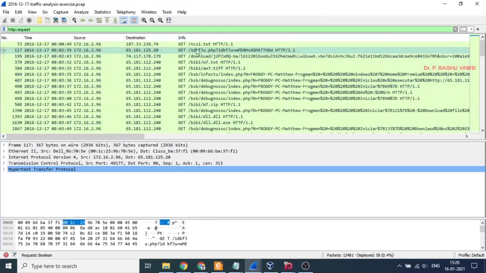After this is the type, this is the place where the infection was started. Then the first infection, second infection, third infection, like that it will go on. Whenever the infections are happening, the source address is the same, but it is going to connect to different external addresses. First it is connected to 65.181, then 74, then 65.181, like that it changed. That means in the middle it was changed. That means this is the first indication of the infection.